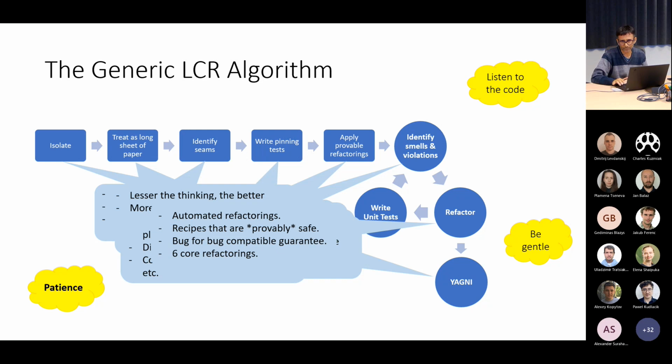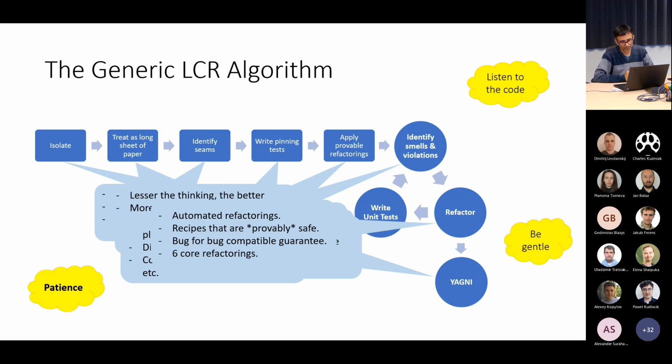There are about 6 or 7, and many of them are automated by tools like ReSharper or Visual Studio. Once you apply provable refactorings, you can start identifying smells, like this method is too long so let's break it, or this block of code is duplicated. This is where the theory we covered in the simple design session comes in, the 7 smells. If anybody can name the 7 smells, I will take them out to lunch tomorrow. So feel free to stop me.